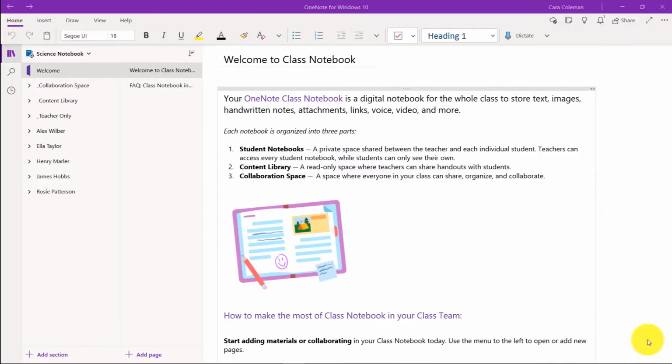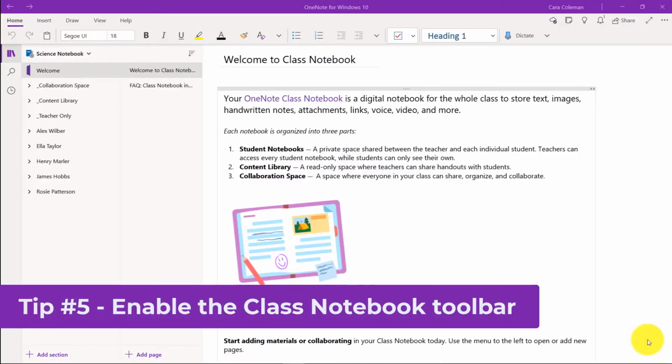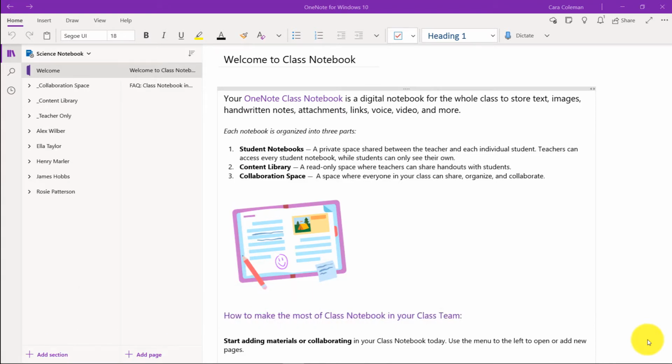The fifth tip is making sure your class notebook toolbar is turned on. I'm here in OneNote for Windows 10, but this also applies to OneNote for Mac and iPad. If you have the web version of OneNote, the toolbar is already there if you're in a class notebook. And for the desktop, there's an add-in link is in the description. I'm going to go to the